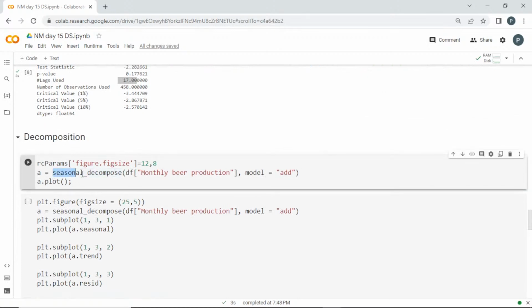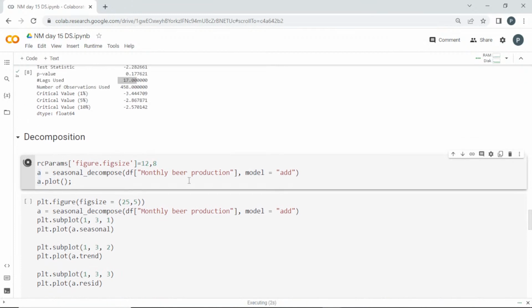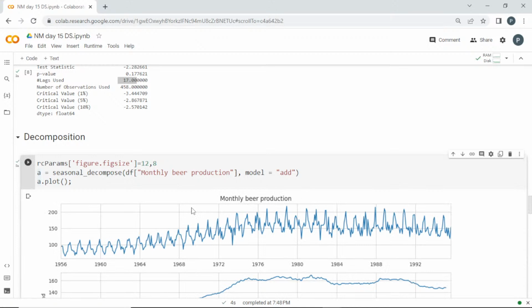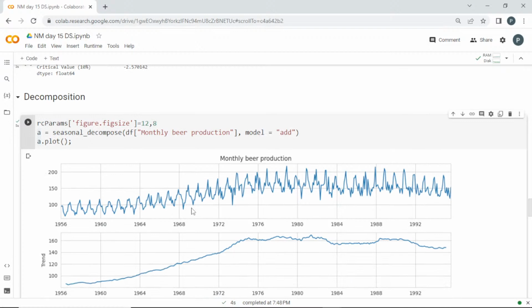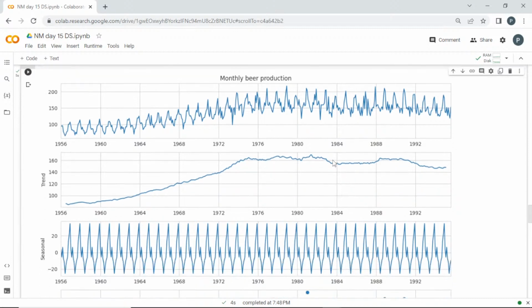Then we are going to pass this seasonal decompose. We are going to use the additive method, and we are trying to get this in a variable. If I run this, it will split our data into the seasonal part, which I told you earlier. If our data is seasonal, then we can go with Sarimax, and there is no need for you to convert them into stationary. But see here, this is our data, and this is the trend. You can see it is increasing. That's the trend.